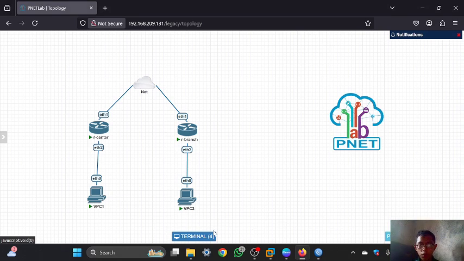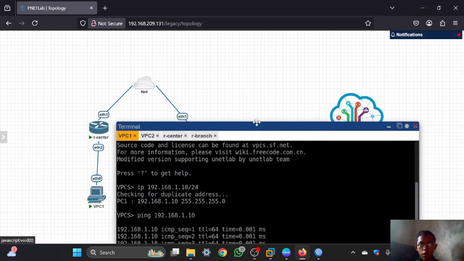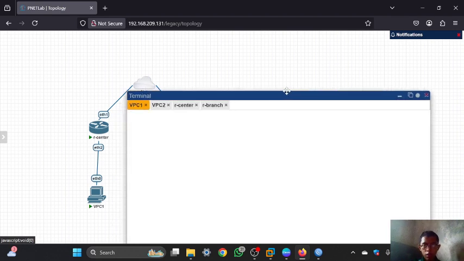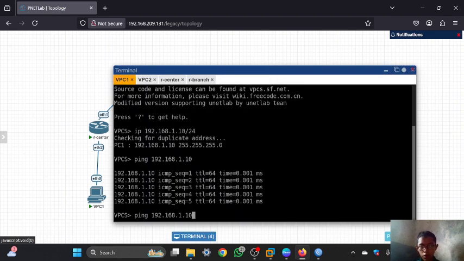And now you can set the IP gateway in the VPC1. But first you must make sure that from VPC1 you can ping to the IP gateway of router center.